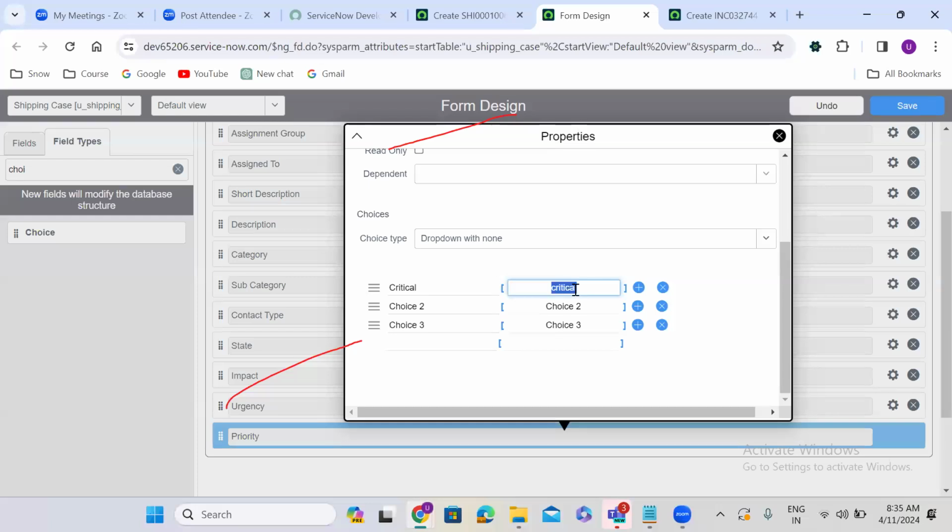Guys, I forgot to mention, like you have table label, table name, field label, field name. This is choice label, choice value. This is the backend value. Getting my point? Okay. So